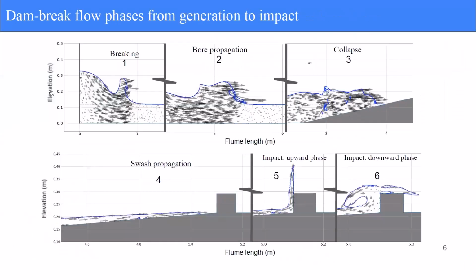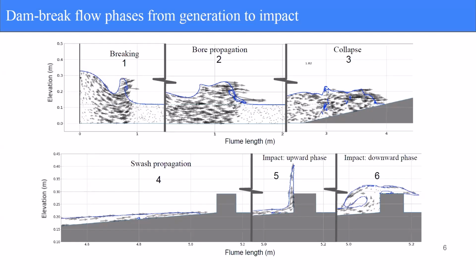So you can see here the 6 phases of the flow. We have a gate here that is lifted instantaneously, so in 0 seconds. We also use this 6 DOF motion to use the overset method to lift the gate analogously to the experimental work. But in this case, we choose to show you just the simplest case